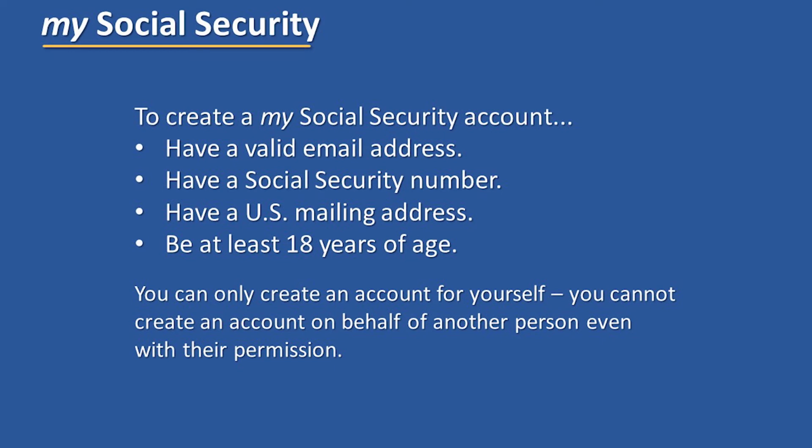Mailing address, have your Social Security number, and have a valid email. It's important to note that you cannot set up a My Social Security account on behalf of another individual. These must be your accounts set up by you. In getting started, you may want to consider if you have a hold or fraud alert or freeze on your